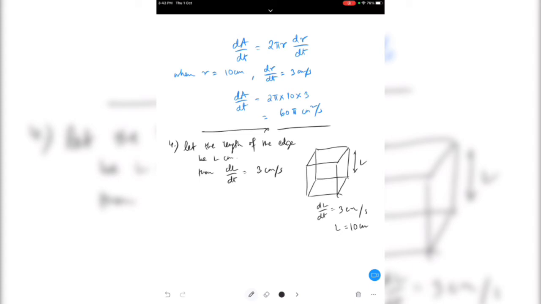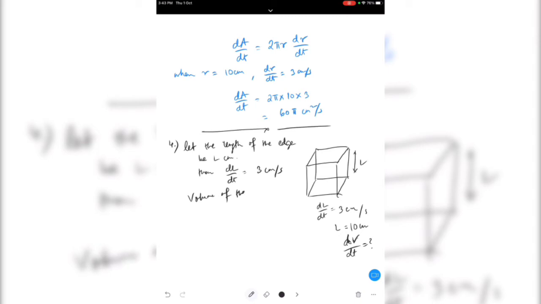So I will say the increase in volume. Find the rate of increase in volume. When they say increase in volume, it means that in your head the time factor will come. Understood? So you have to find dV/dt. Like this way you need to write all those facts. So I need to find dV/dt. My dL/dt is given, that is 3 centimeter per second. Next thing I will write, volume of the cube.